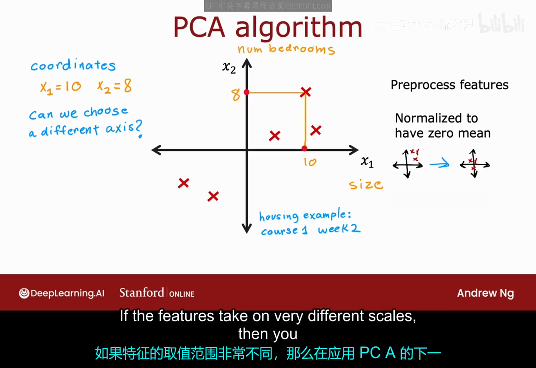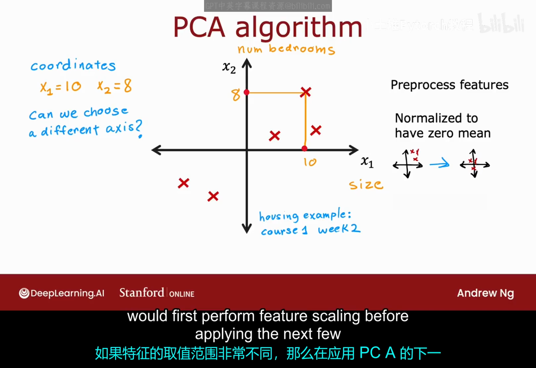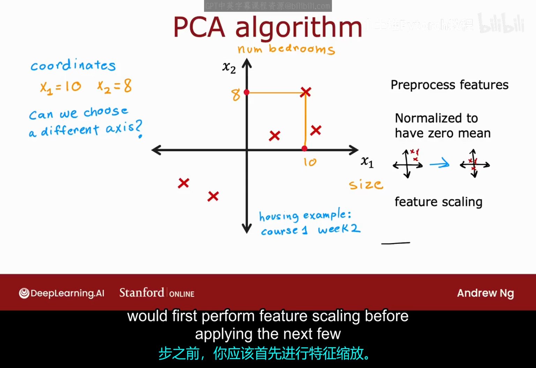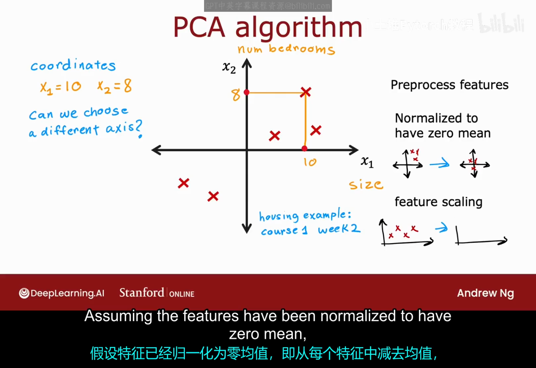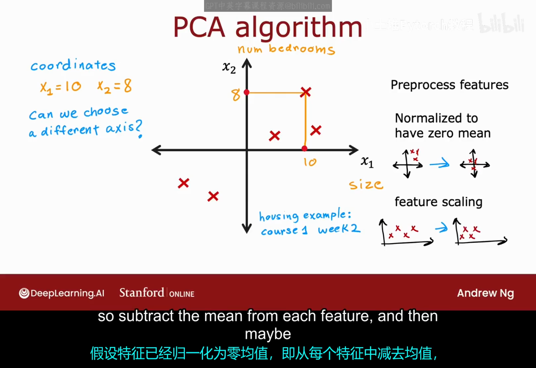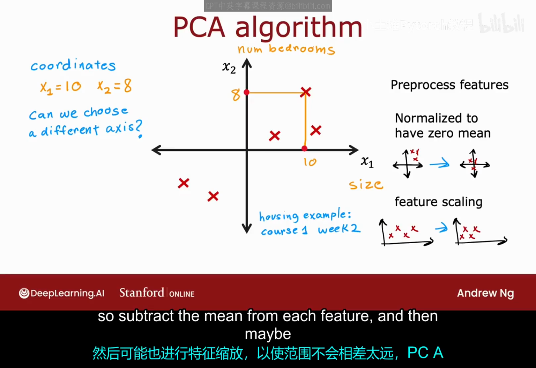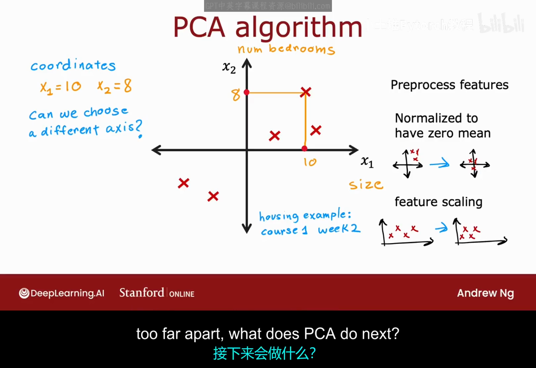If the features take on very different scales, then you would first perform feature scaling before applying the next few steps of PCA. But assuming the features have been normalized to have zero mean, so subtract the mean from each feature, and then maybe apply feature scaling as well, so the ranges are not too far apart,